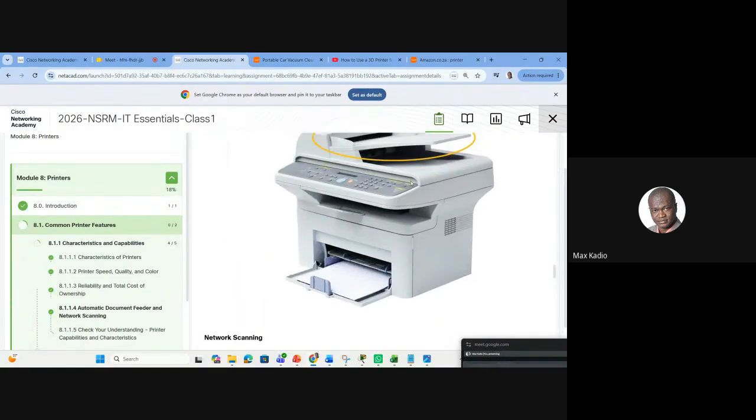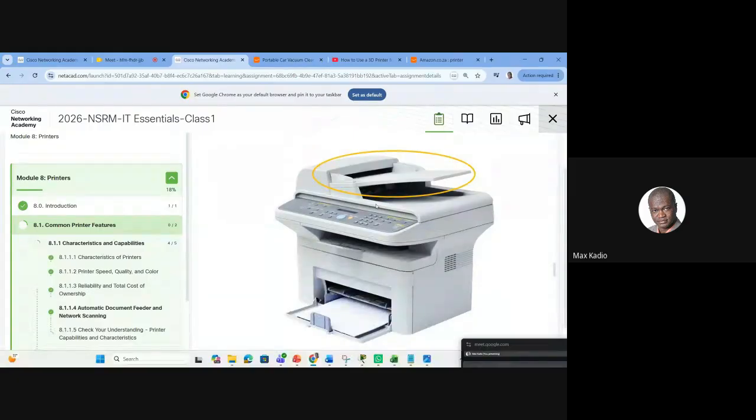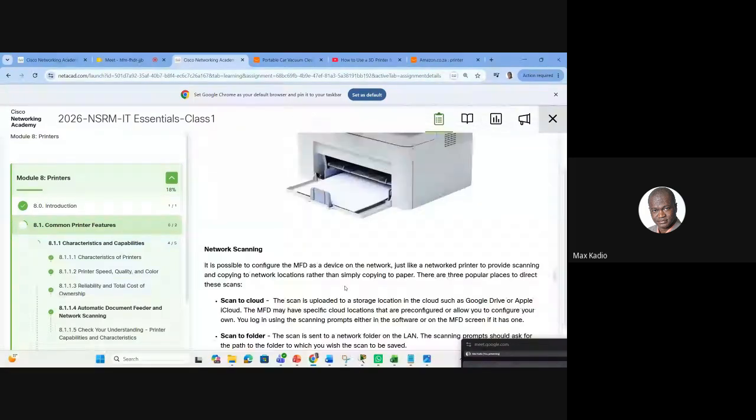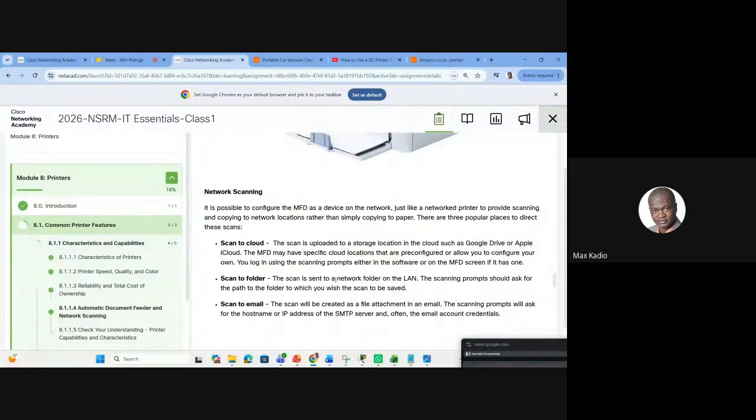So now, if you want to print or to scan, we also have the MFP, the multifunction printer, where we can do Wi-Fi. You can scan, you can print, you can scan to email, or you can scan to a folder, or you can even scan to a cloud.